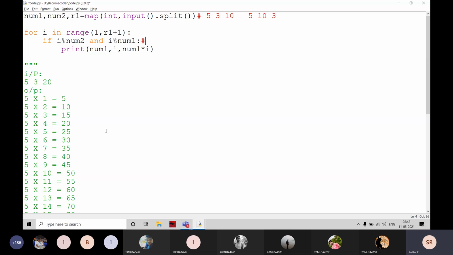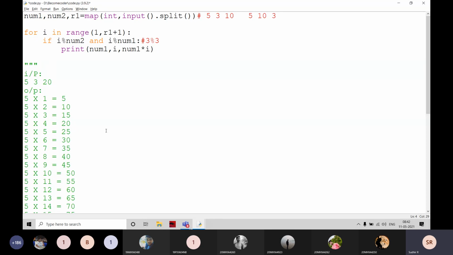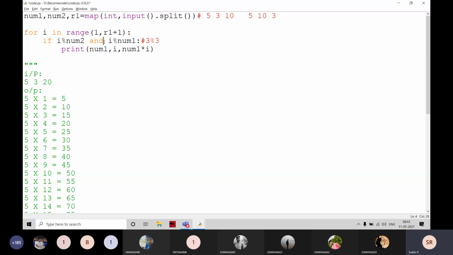For example, 3 mod 3. 3 mod 3 is equal to 0, right? The i value is going to be 3, num2, and it is not printing the 3 value here.